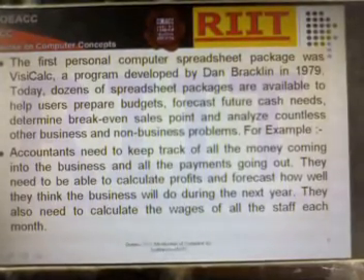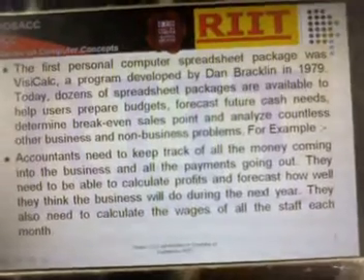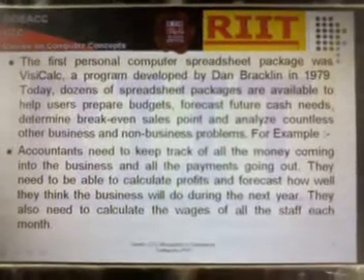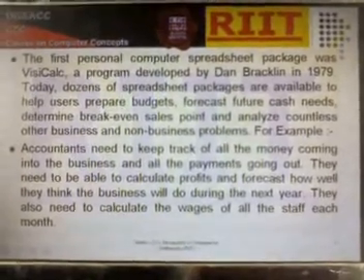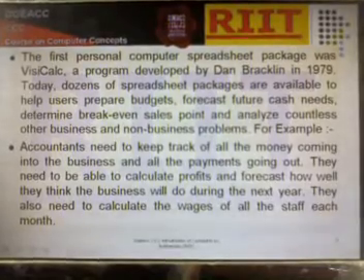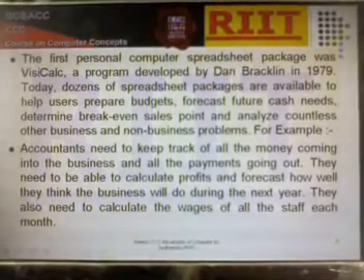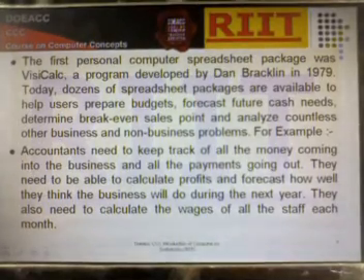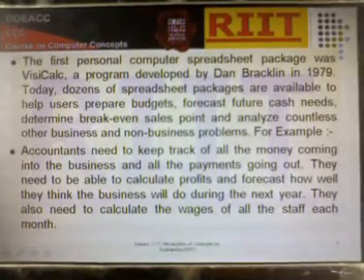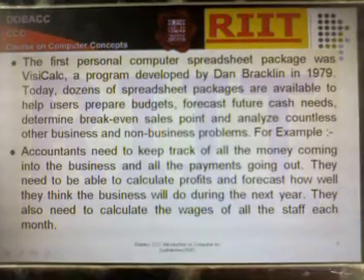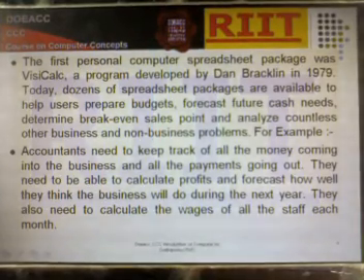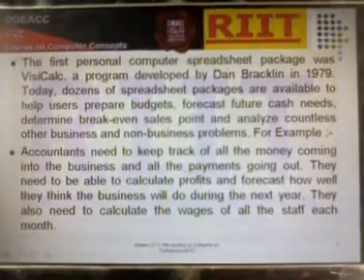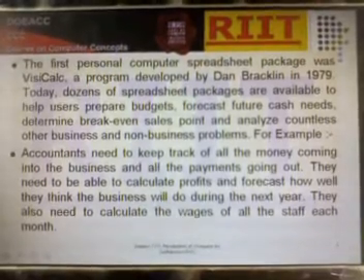Today's dozens of spreadsheet packages are available to help users prepare budget, forecast future cash needs, determine break-even sales point, and analyze countless other business and non-business problems. For example,